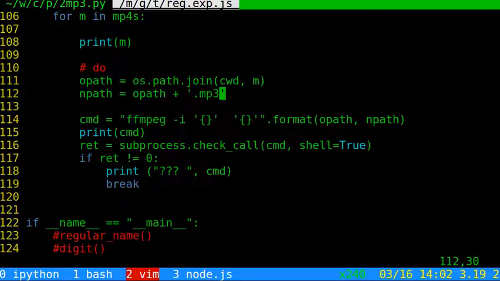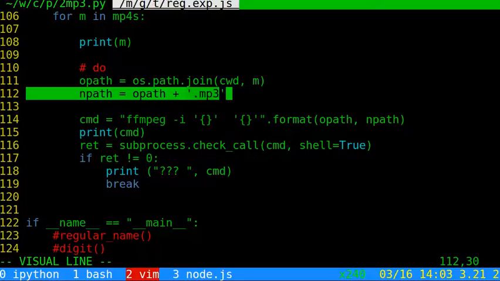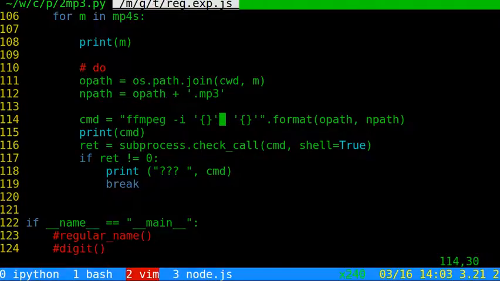The video file name has already been regulated. It changed to lowercase and removed all the spaces. We build up the mp3 file name based on the old file name. Then we use